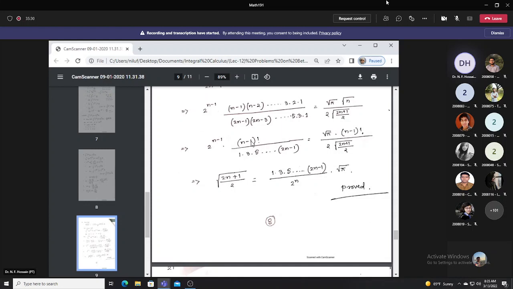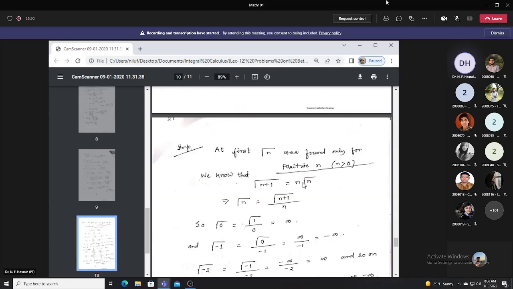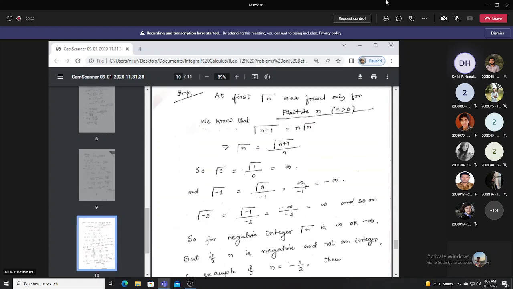So what should be the value of this? Gamma of 2n plus 1 divided by 2 should be equal to this part, these factors go up: 1 into 3 into 5 into up to 2n minus 1, and then root over pi divided by 2, and here another 2 to the power n minus 1, so ultimately 2 to the power n. So this is proved here. Now